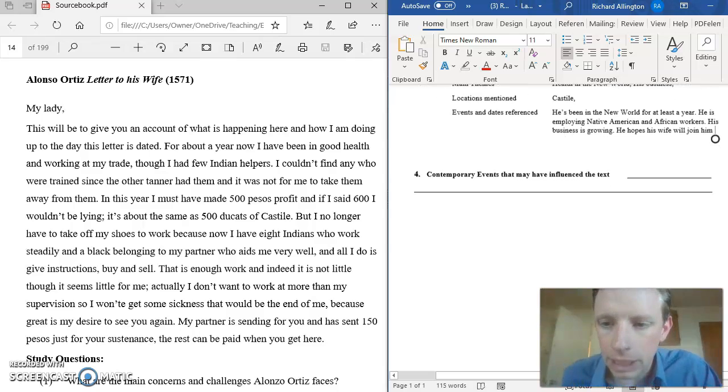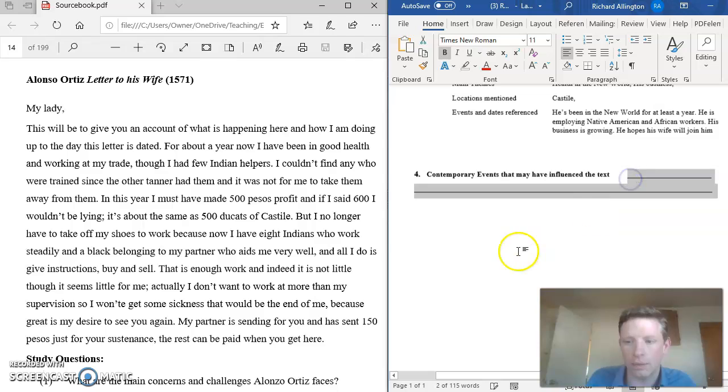And the last part, contemporary events that may have influenced this text. A lot of students tend to have difficulties with this part of the text for whatever reason. So it's very important that here again you infer and you connect to the material that we've been talking about over the course of the week. So here, what do we know is going on in 1571? We know that we're kind of second generation Spanish settlers in the New World.